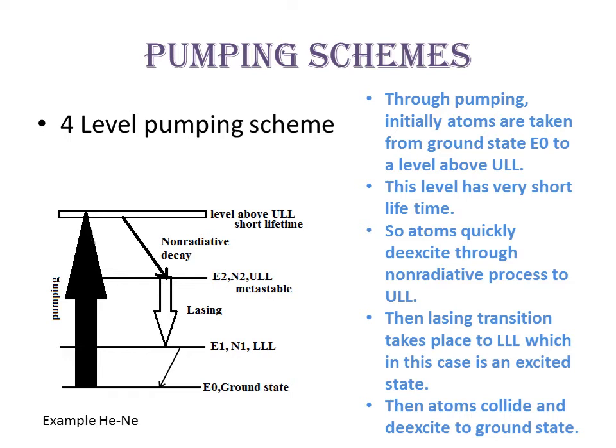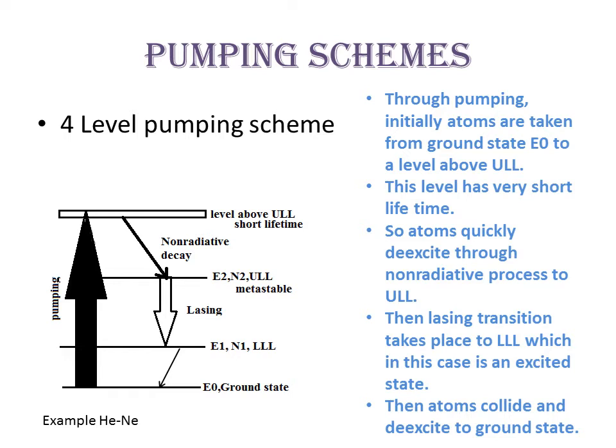So in the case of helium, I am not showing the diagram here. You just go and see how the energy level diagram is drawn in the case of the helium neon laser. You have the lower laser level, which is an intermediate level, and the upper laser level is also normally an intermediate level, but in some cases the upper laser level can be the topmost level. But even in that case, it is possible to consider this as a 4 level system because of the involvement of the neon level. So in this case, you have the pumping transition from the ground state to the levels above the upper laser level.